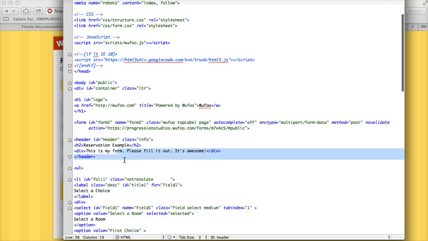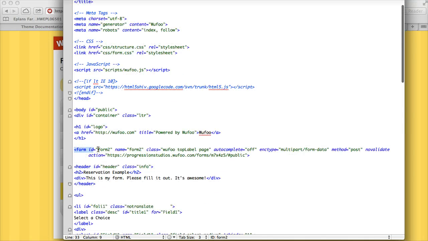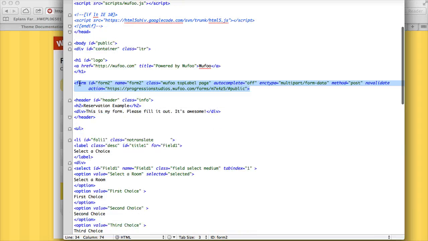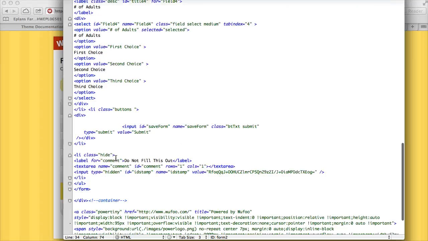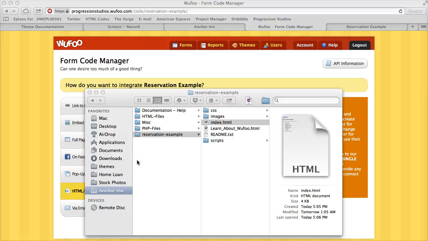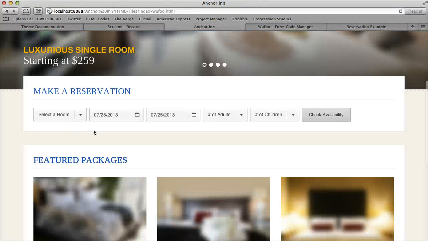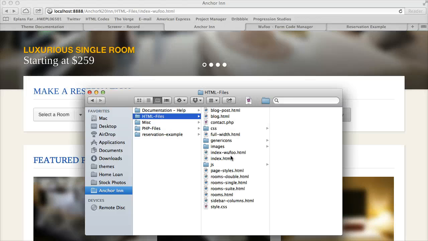So basically there's a whole bunch of stuff in here and we don't need most of it. All we need is this form, where it starts, form ID, etc., and then where the form closes at the bottom. So we're going to copy that out, and then we're going to replace our reservation code that's existing. So let's do the